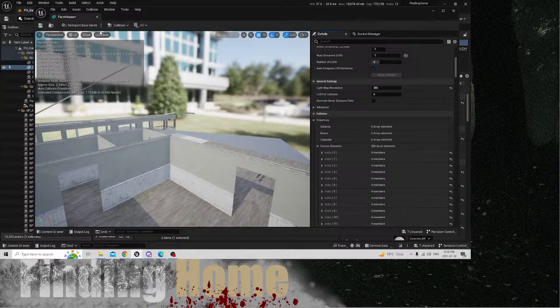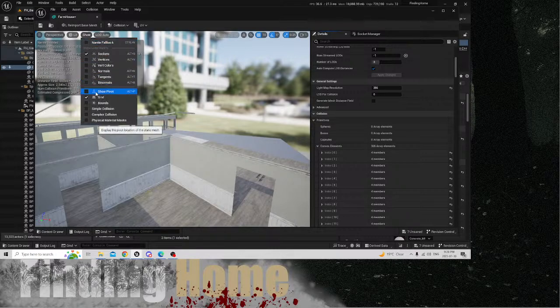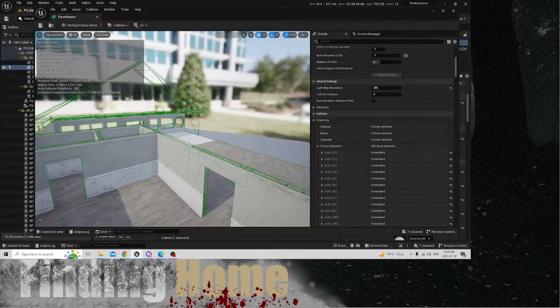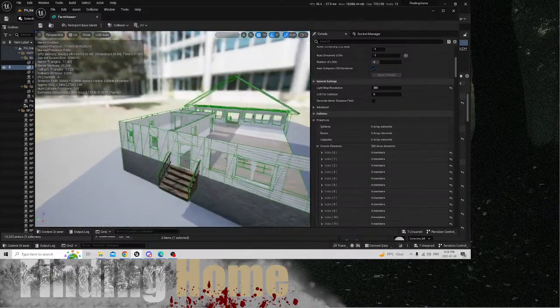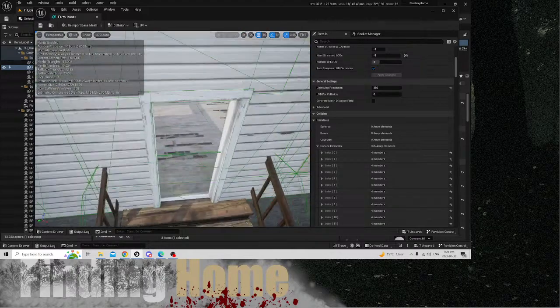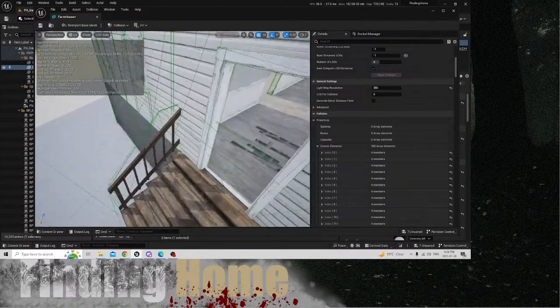Just also check our show simple collision. There we go. So it does have collisions. Good, good, good. Only thing is